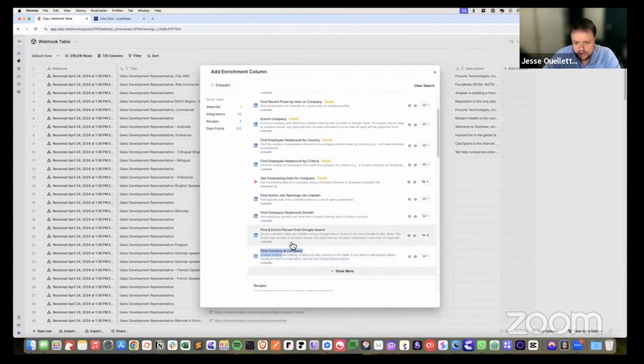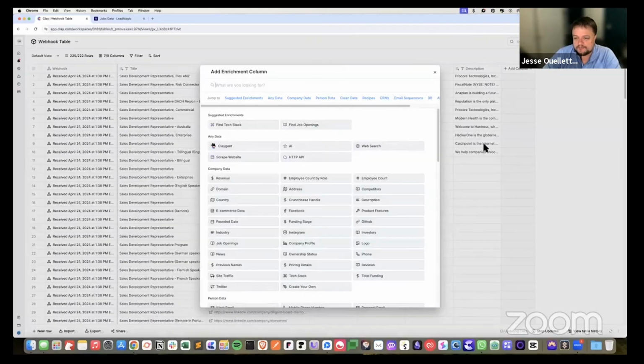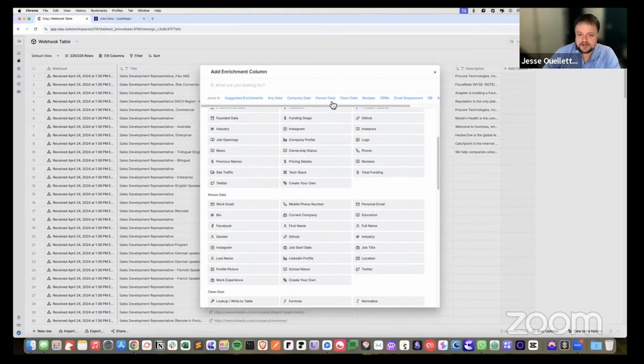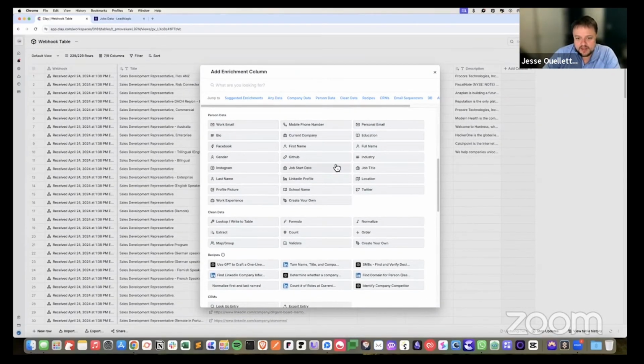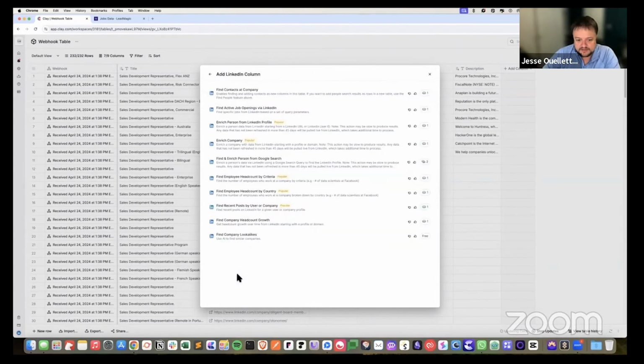So actually, sorry, I meant to do the other one. There's two. So it's the person data, and then I would do the find, hold on, where is it? LinkedIn. So you would take that, and then you would do the find and enrich from Google search, right? And that will allow you to do